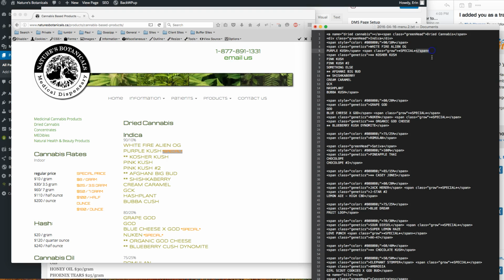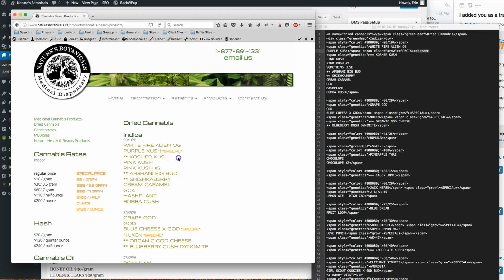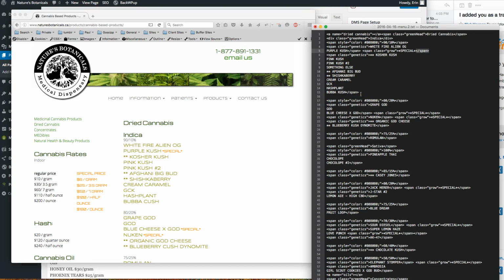And then you close that span. So normally they're done with opening and closing spans. So you want the special, you want this span class to wrap around special, you want this span class to wrap around kosher Kush. But then there's all these that look all the same anyway, so you don't have to close that span. Keeps going down until you get to Bubba Kush, and then you close the span